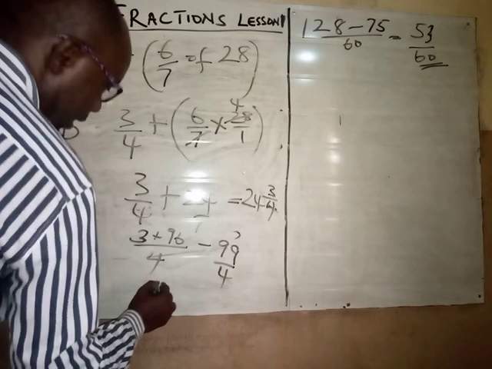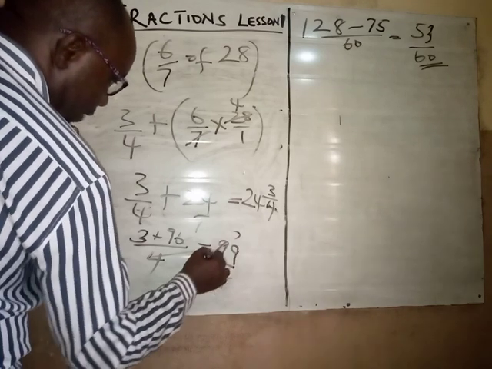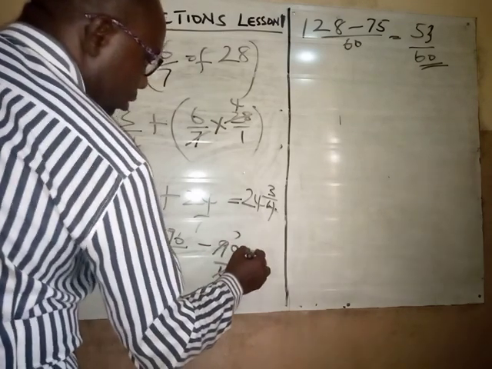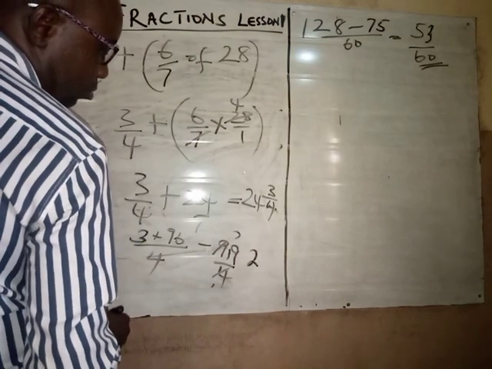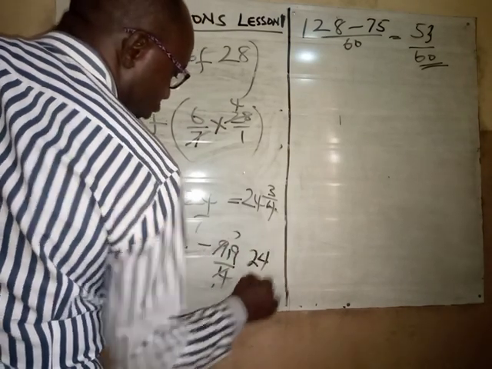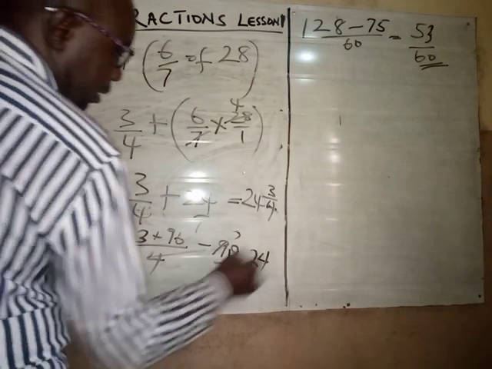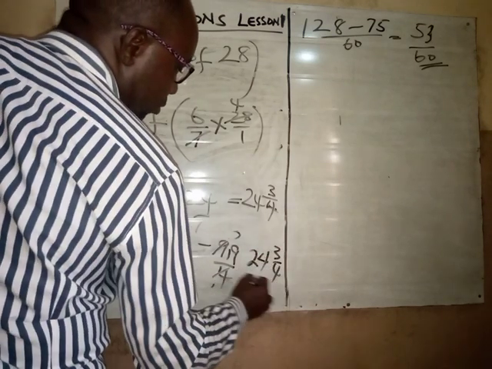4 divided into 99: 4 into 9 will give me 2, remainder 1. Then 19, 4 into 19 will give me 4, 4 times 4 is 16. Remainder 3, over 4. So which is